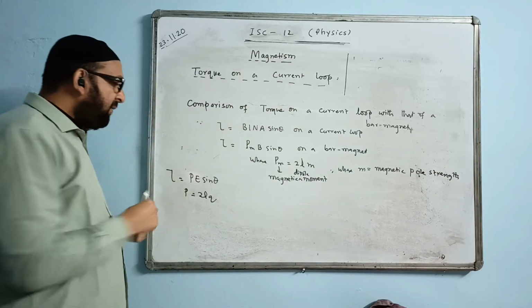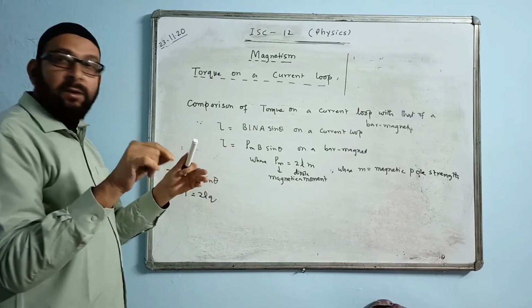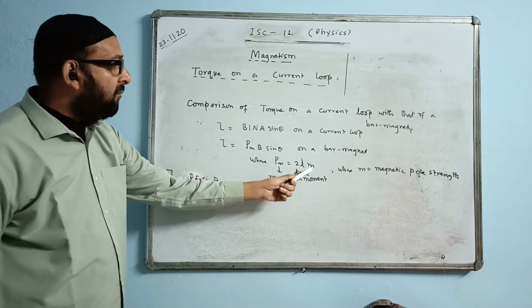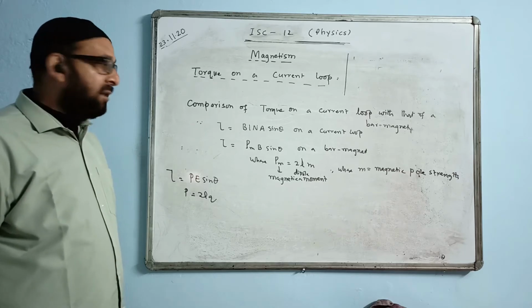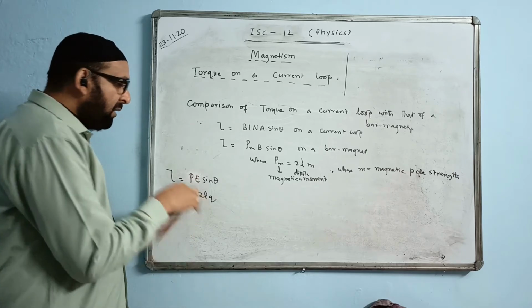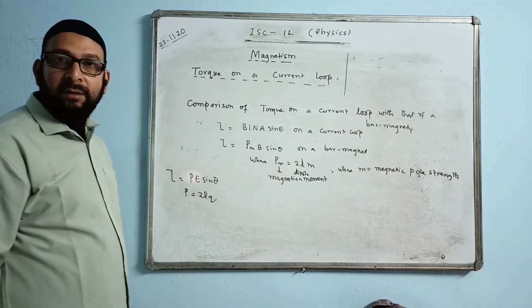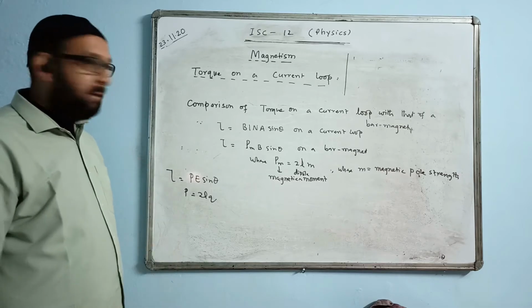In the case of electricity, we have charge. In the case of a bar magnet, we have two points where the force of attraction is maximum. They are called poles, with pole strength, small m. Small m is called magnetic pole strength. 2l is the length of the dipole, and here 2l is the length of the magnet, the entire length of the bar magnet.